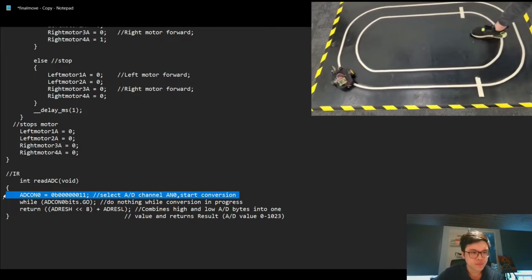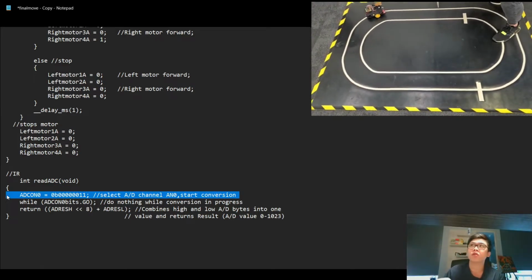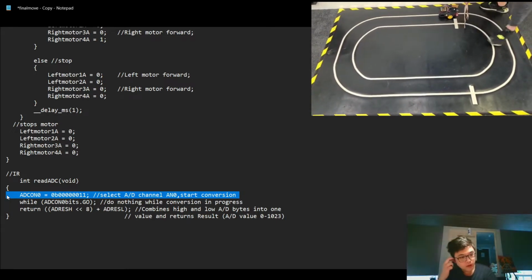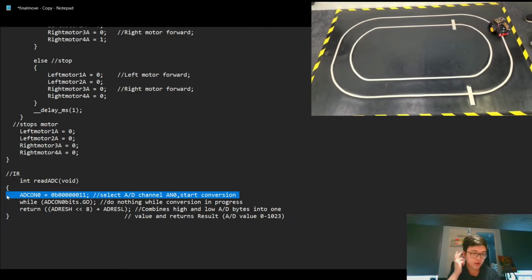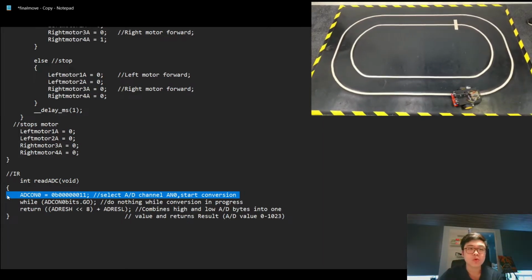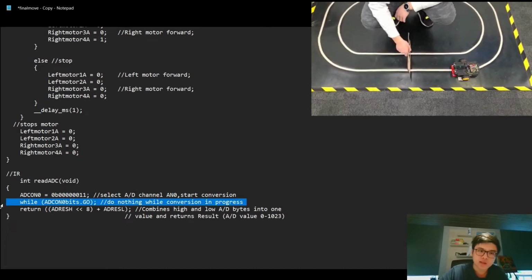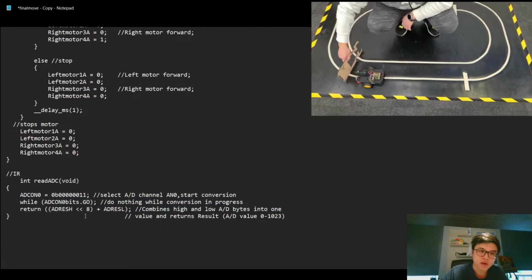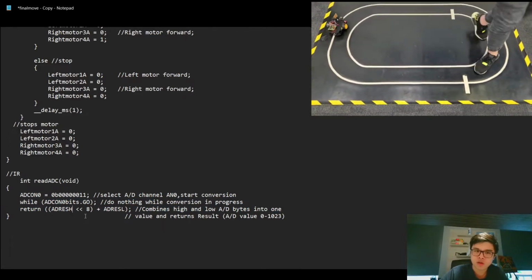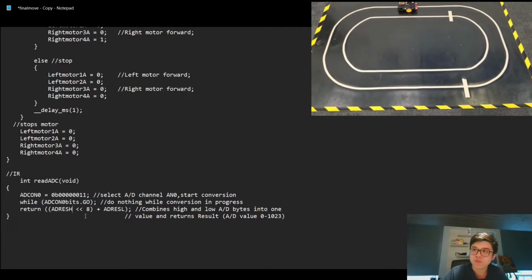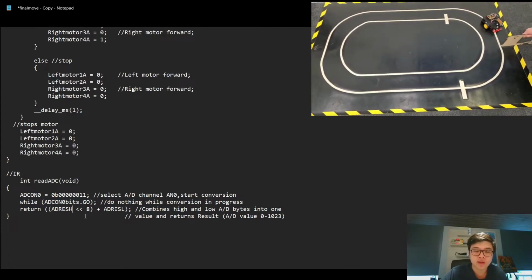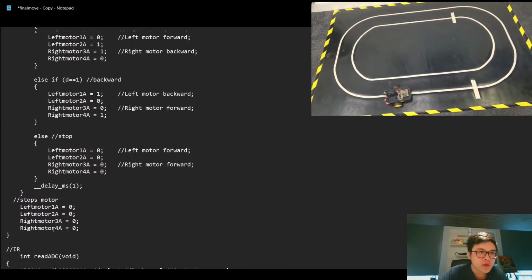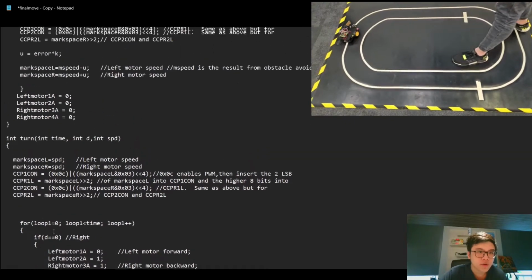This line calls for the microcontroller to start converting the value from the infrared sensors in front. We are just using one of them because we don't need both to do obstacle avoidance. This waits for it to be done, and this returns the value from both the lower and the higher memory chip from the microcontroller. We need both memory chips because the output is 10 bits and the memory only saves up to 8 bits. So this output will be used in the obstacle avoidance, which is in the